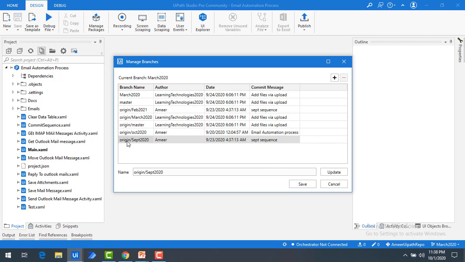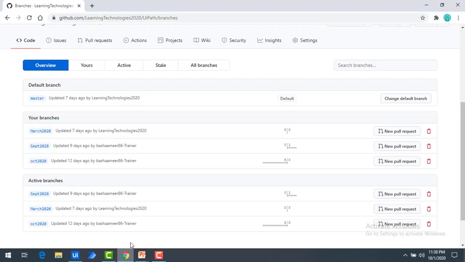All right. Now, if you see, I don't find the September 2020 branch over here, which was created as a branch from my local. But this, if you see, origin slash 2020 is available, that is the remote branch. Okay, you can't directly remove or delete these branches from UiPath Studio. So for that, you can delete from github.com. All right, let me go ahead. Let me click on save. Now let me go to GitHub. Let me refresh the branch.